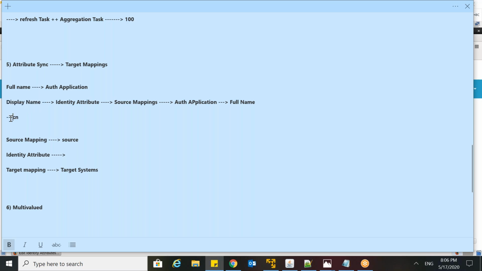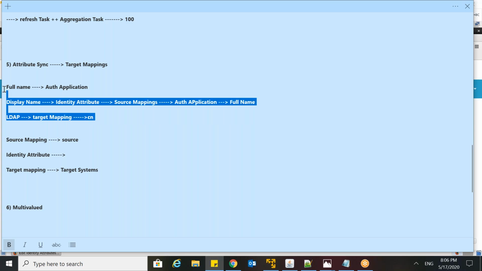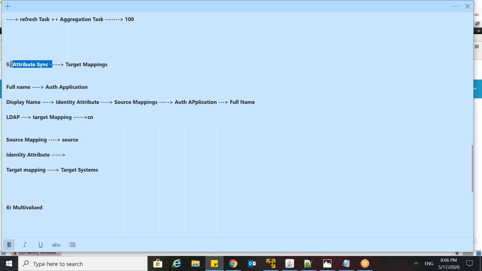to be the same across my different target applications. So let's say I have an application over here, LDAP. So I can define a target mapping to a particular attribute, CN. So what will happen, whatever value is in display name, the same value would be pushed to the LDAP application CN attribute. So target mapping is generally leveraged for attribute synchronization when there is a need to have the common value in our downstream applications as well. For example,